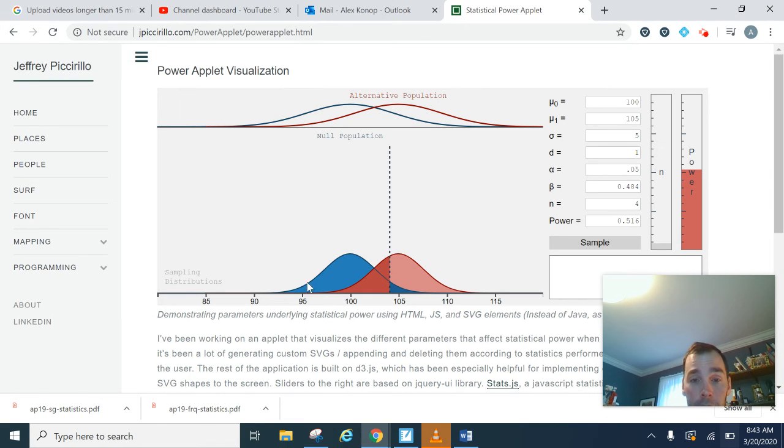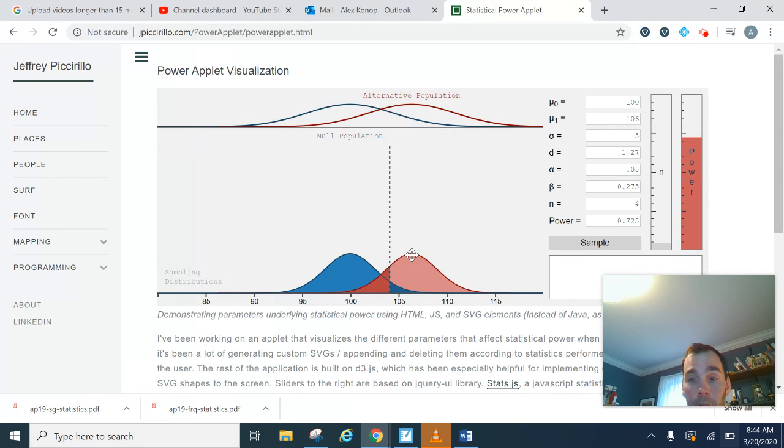So the blue guy is the null hypothesis is true. The red guy is the alternative hypothesis is true. And you can see my alpha level right now is set at 5%. Beta is 0.484. So beta is this dark red region right here. And if I move these curves, let's say I move